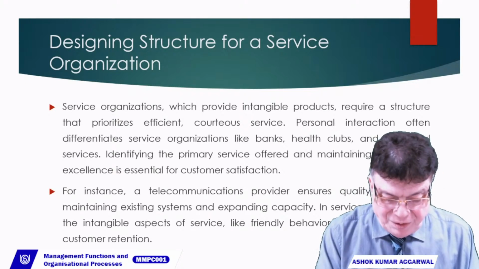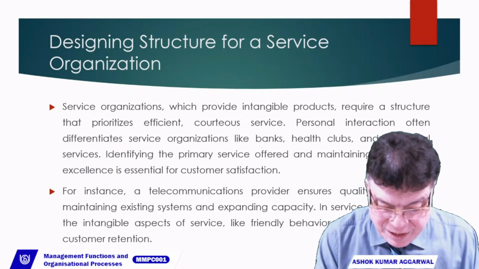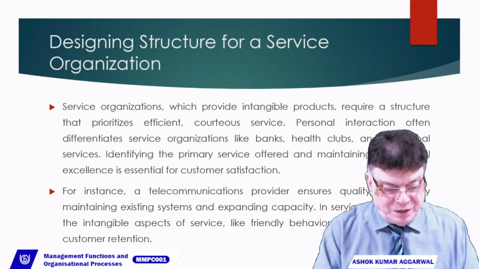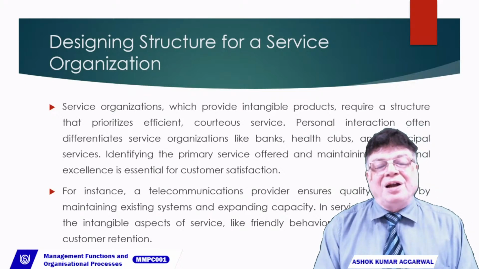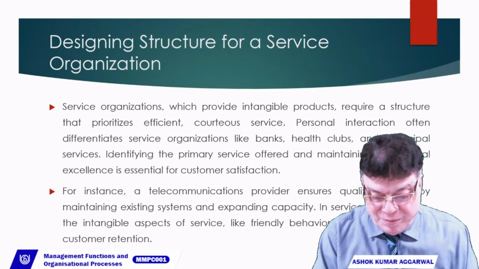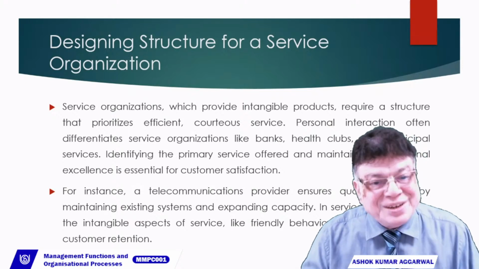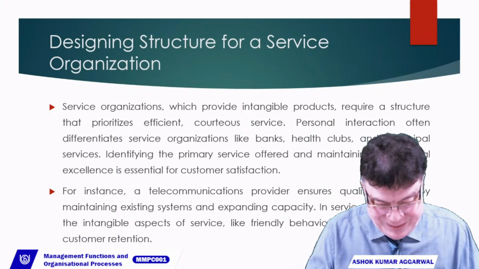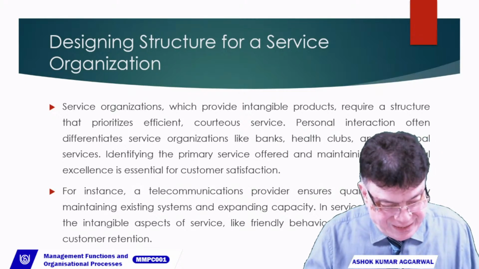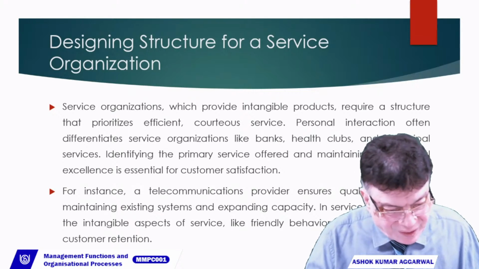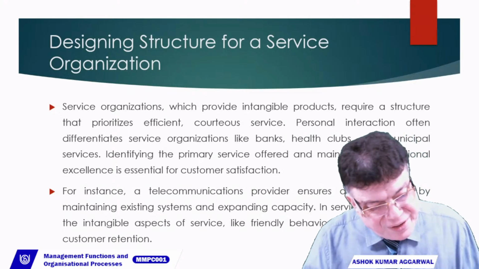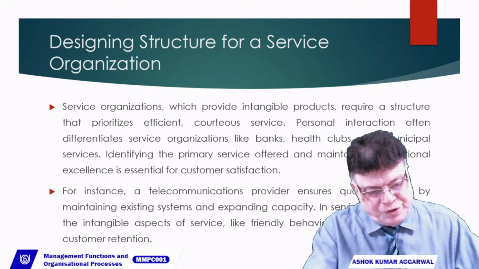Then plant manager 1, plant manager 2, plant manager 3. Under plant manager 1, supervisor, foreman, operation. Under plant manager 2, again supervisor, foreman, then operation. Then under plant manager 3, supervisor, foreman, operation. Next, for organizational chart and design, they have given an example of